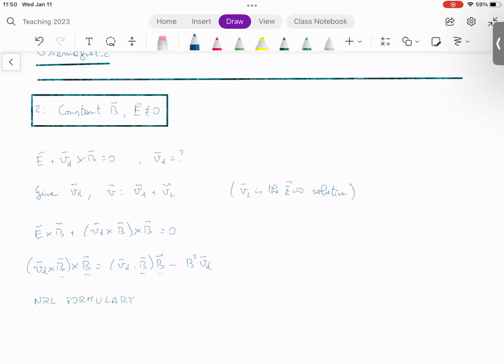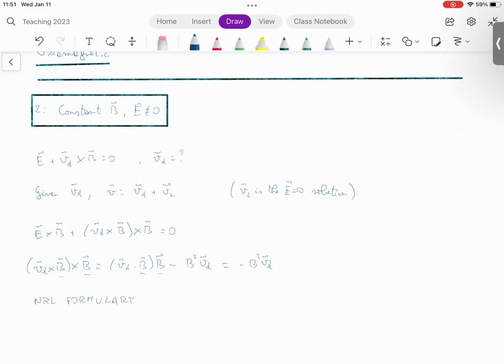Now, it may look like we have not really solved anything, but in fact we have, because V drift dot B is 0. How do I know that? Well, let's go back to the original equation. E plus V drift cross B must be equal to 0. If V drift is in the B direction, the cross product with B is going to be 0, and therefore